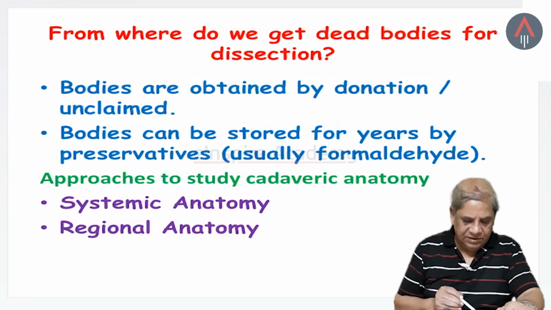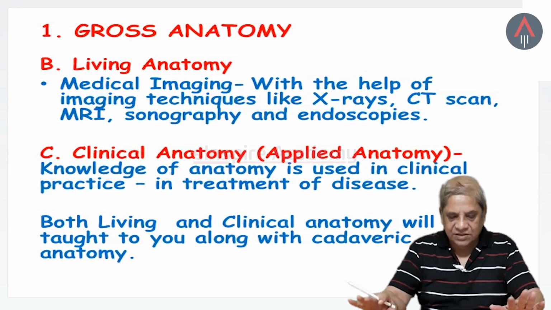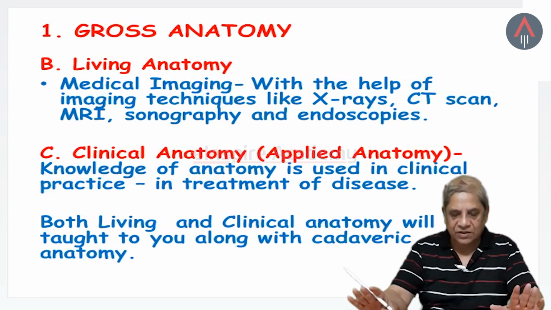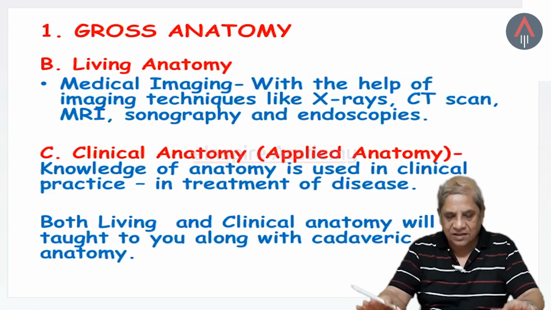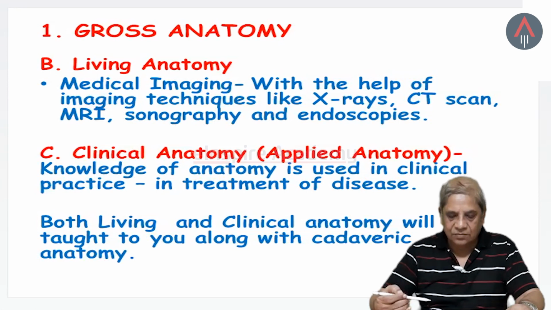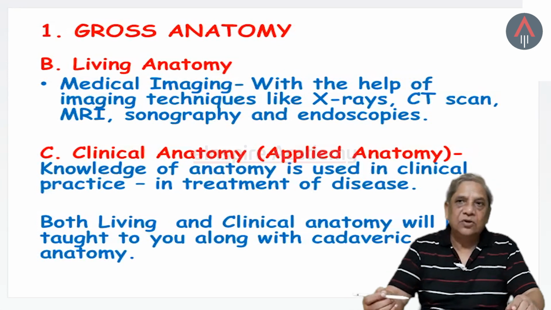Okay, let us see further aspects of the gross anatomy. We are still on the gross anatomy, which you can see by the naked eyes. So one part we have completed, that was the cadaveric anatomy, the anatomy learned from the dead body. Now we come to the living anatomy. As I have already told you, in living anatomy you learn the anatomy from a living person, because of the techniques which are available, which can look inside the human body.